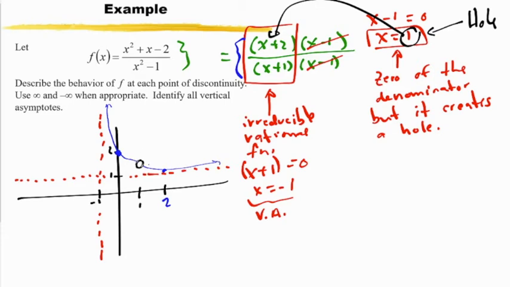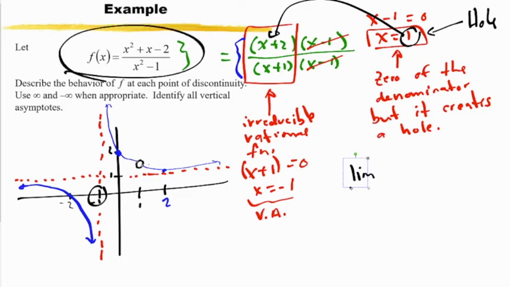That's one branch. And just to be safe, we'll choose a number on the other side of the vertical asymptote. And when we plug it in, we get 0/-1, which is 0. So we know that these branches will control the path here. And we have our graph. So we have 2 points of interest here at -1. So what is the limit of this f of x as x approaches -1? And we would say